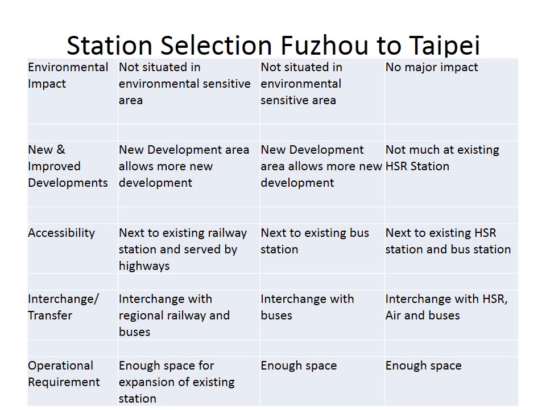And then looking more deeply, in terms of the new and improved developments, Fuzhou will be a new development area, allowing more new developments because it's adding construction. In Pingtan Island, there will also be new development as they should do. And for Taipei, there are not many existing high-speed rail stations, and that's why we're going to improve it.